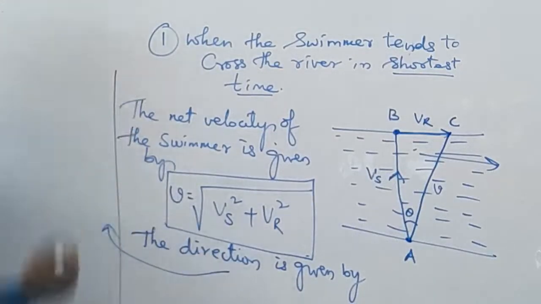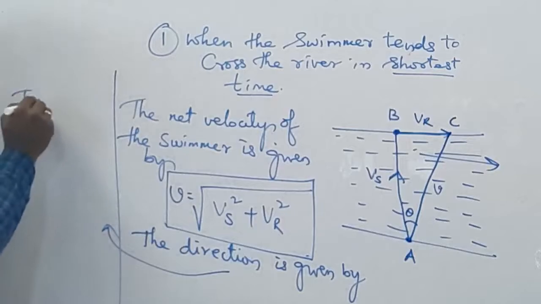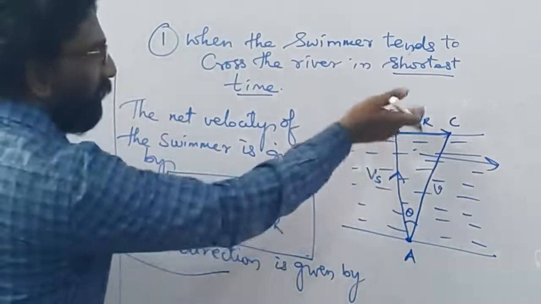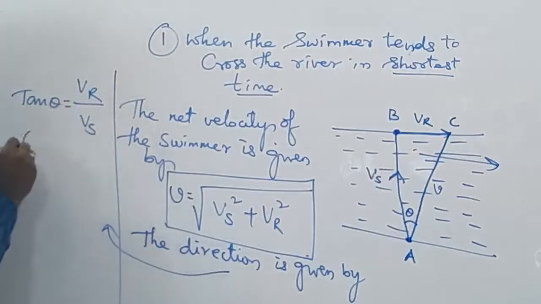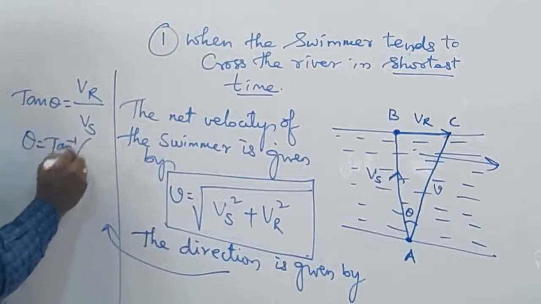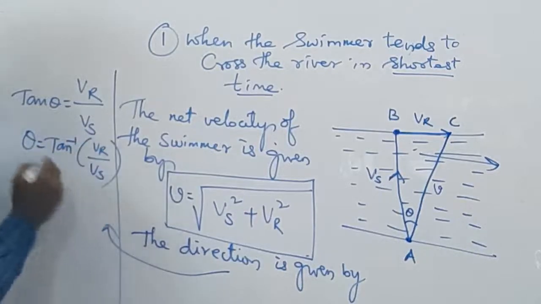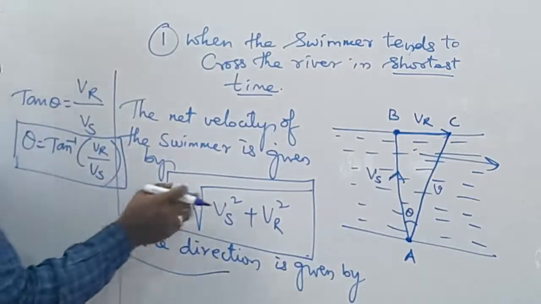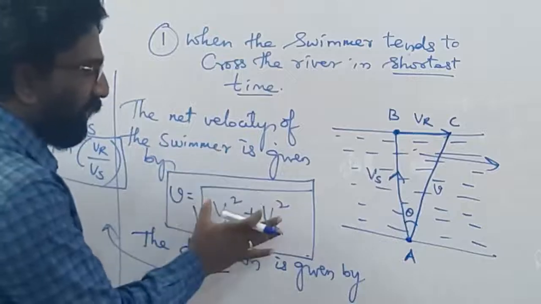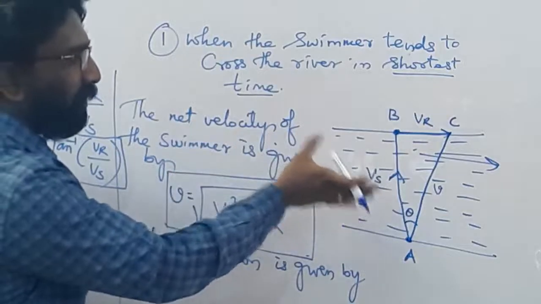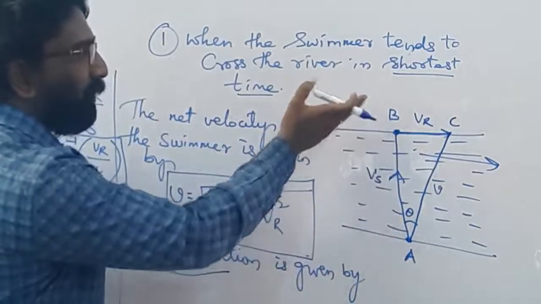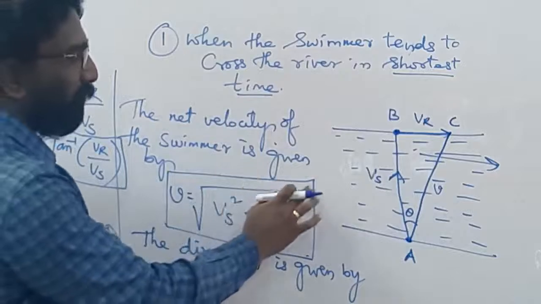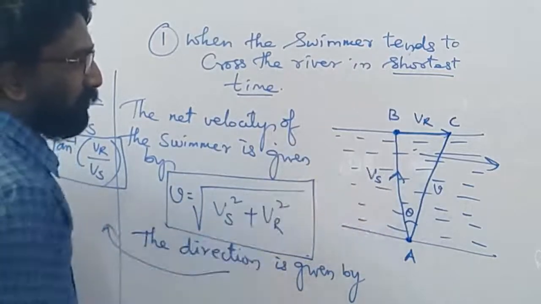So the direction of a particular person is given by tan theta is equal to the opposite side, that is Vr, the velocity of the river, over the velocity of the swimmer. So theta is equal to tan inverse of Vr over Vs. If you know this, you can easily calculate the direction of a particular swimmer also. So now this is the net velocity by which he has to travel. He has to swim this particular river so that he can reach from one bank of the river to another bank in the shortest time. So this will be the formula in order to swim the river in the shortest amount of time.